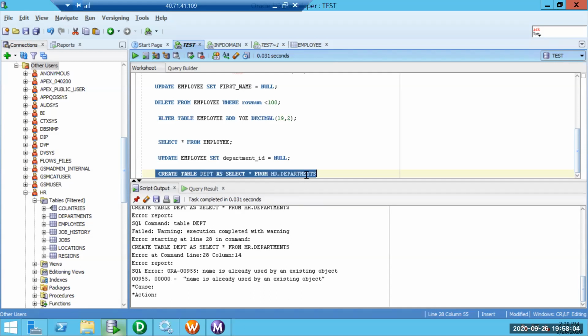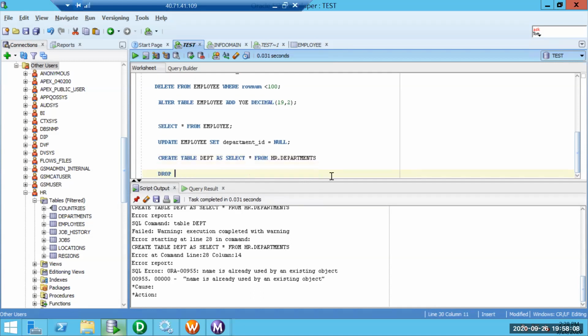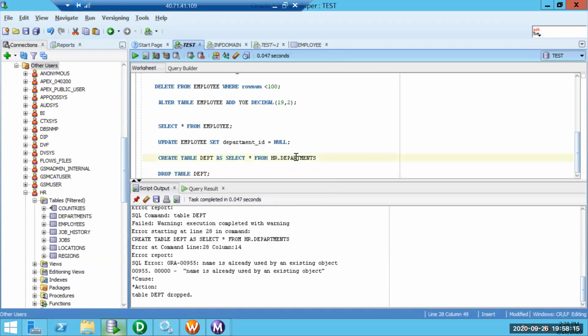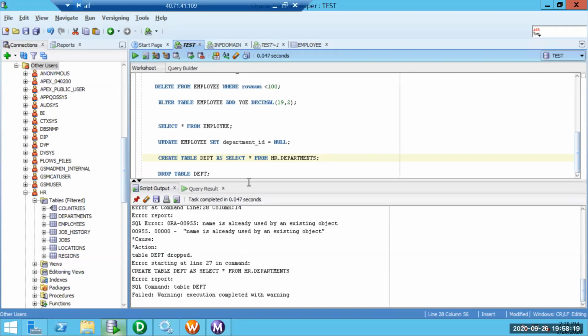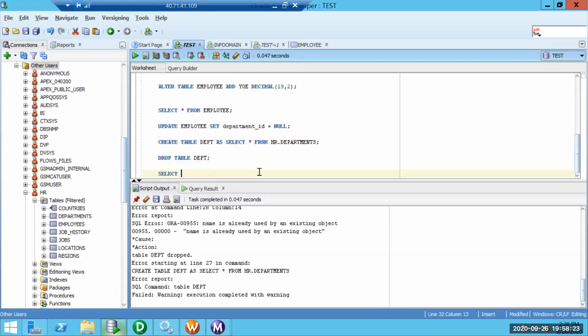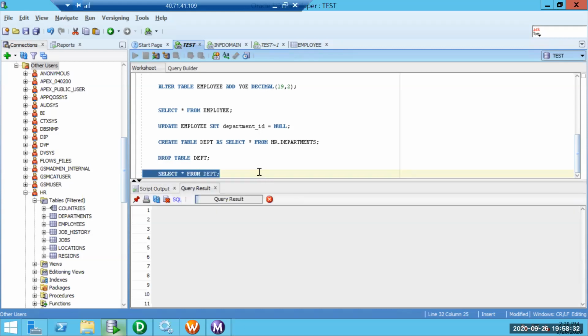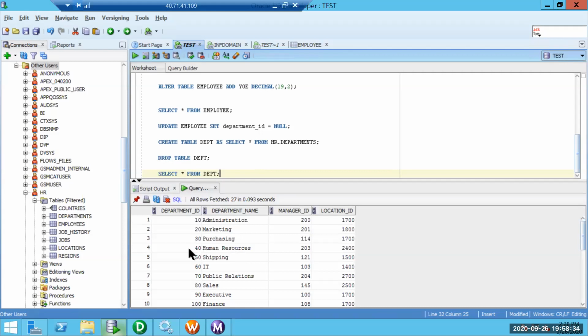Okay, I think it is already there. Let me drop the table and then, perfect. Compilation. Let me see. Yeah, we have got data.